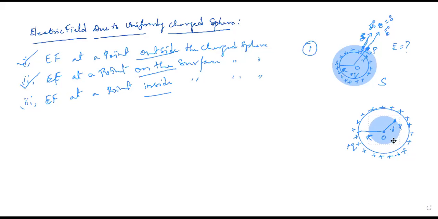So now I am going to draw the Gaussian surface with respect to this particular point. This is the Gaussian surface I have taken. Now the radius of this sphere is small r, and the radius of the charged sphere is R. The charge present on the charged sphere is Q. At the same time, the charge is plus Q only. Even the same as it is. Here inside also you'll get the same charge.